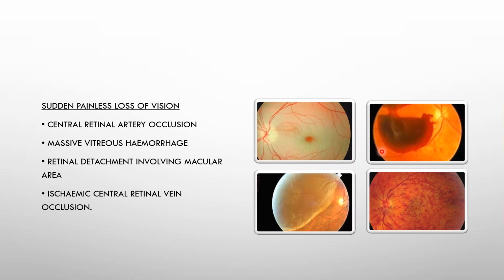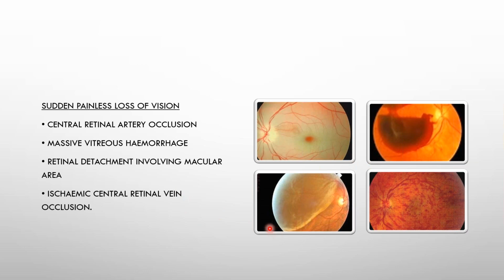Then a massive vitreous hemorrhage, because probably the patient has had diabetes for very, very long, and now proliferative diabetic retinopathy has developed and it suddenly bleeds, and there's a massive vitreous hemorrhage. So here the relevant history you will get is that the patient is a known diabetic since so many years, probably an uncontrolled diabetic, and is on so many medications, and has now come with sudden painless loss of vision, right? So you could suspect a massive vitreous hemorrhage in them.